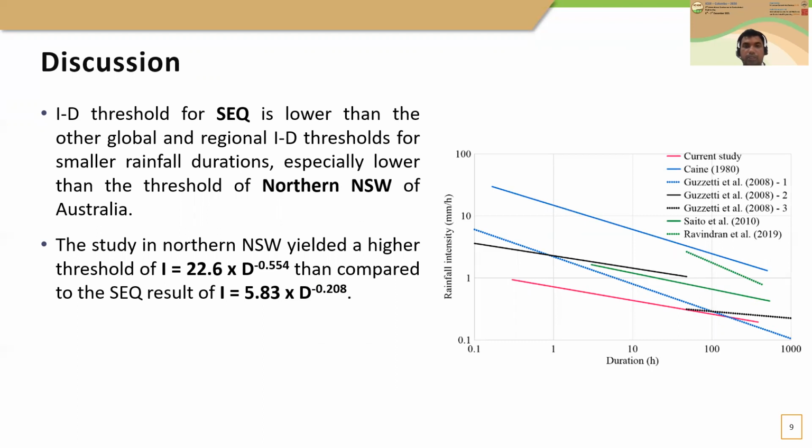Due to Australia being a sizable flat continent, it proved difficult to find weather stations near many of the landslide events, even though there are almost 18,000 weather stations in Australia. Many of the landslide events were discarded where the stations were not close enough. Therefore, the optimal method for using rainfall data should be explored in the future.